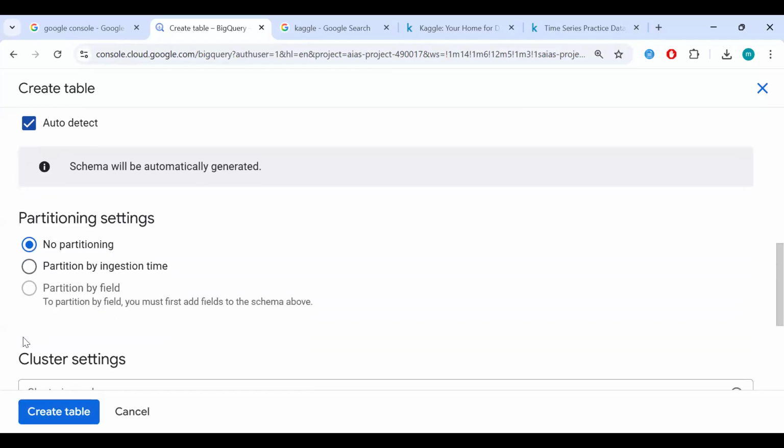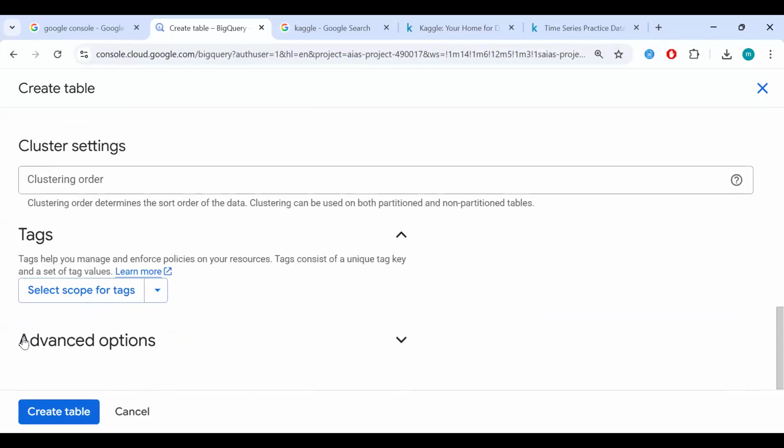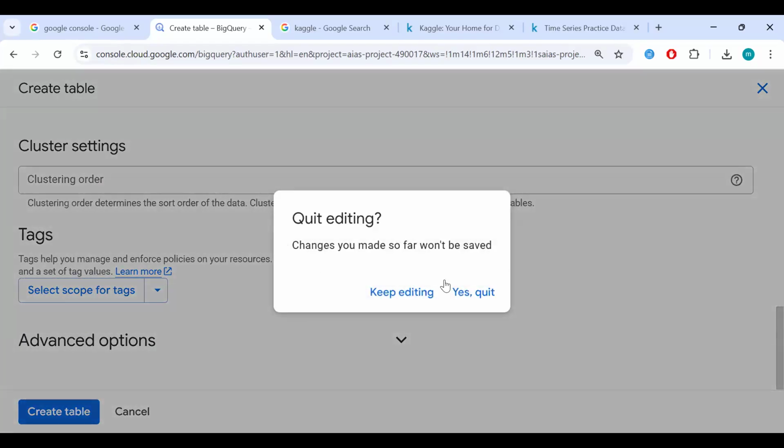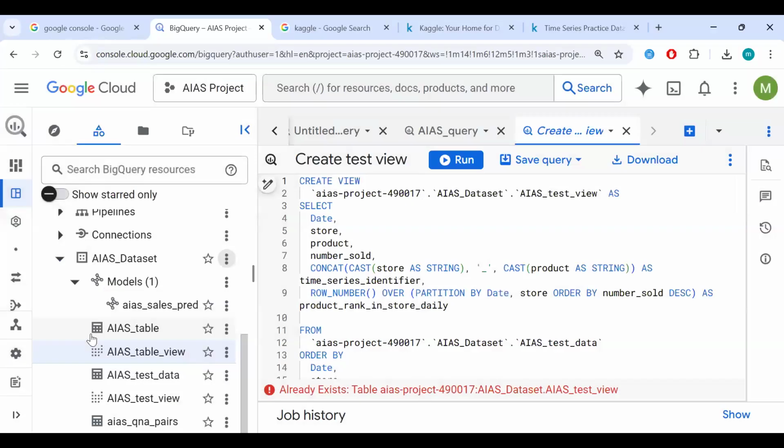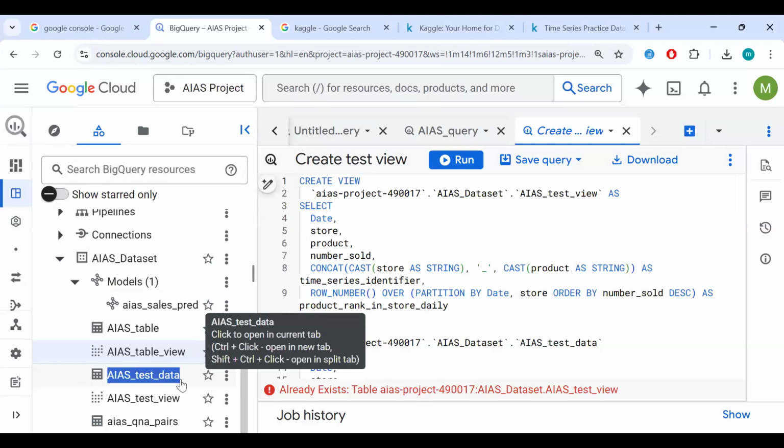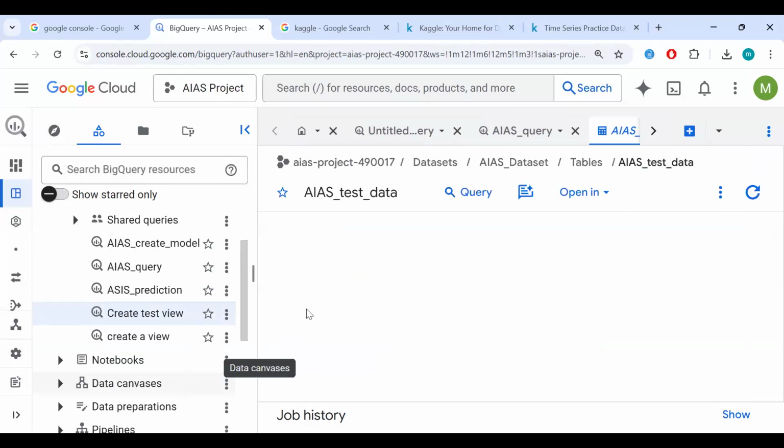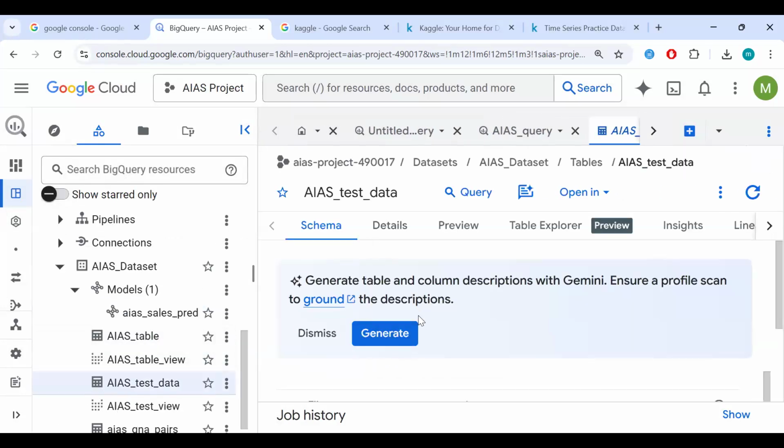Auto detect again, so it knows. This is basically just the 20% of our dataset that was left. We didn't train our model with this; we're going to use it for testing. Once you create the table, that's where we have our AI's test data. Now we're going to create a view for our test data, and this is it here.